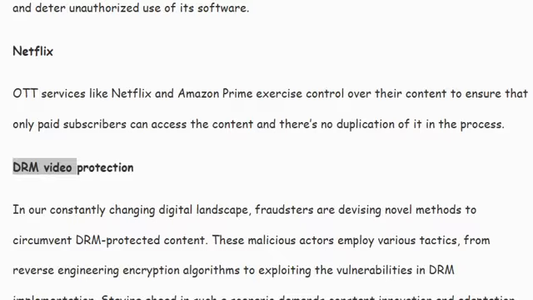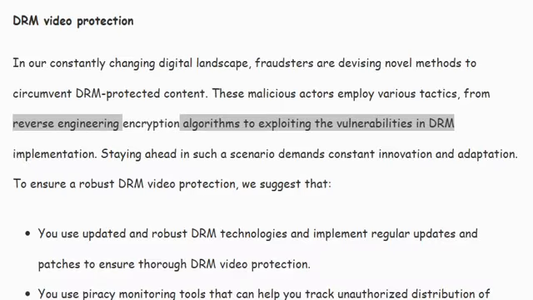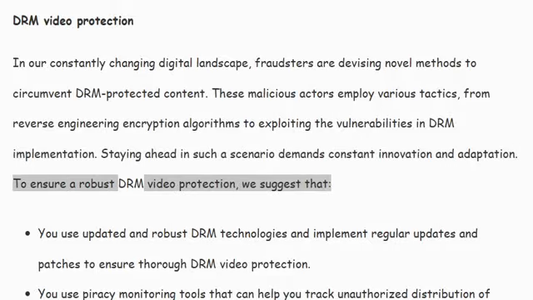DRM video protection. In our constantly changing digital landscape, fraudsters are devising novel methods to circumvent DRM-protected content. These malicious actors employ various tactics, from reverse engineering encryption algorithms to exploiting the vulnerabilities in DRM implementation. Staying ahead in such a scenario demands constant innovation and adaptation. To ensure a robust DRM video protection, we suggest that